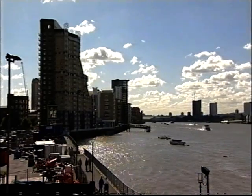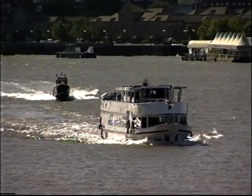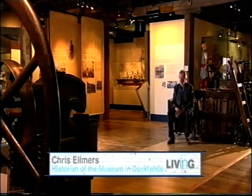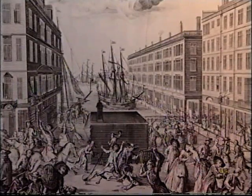But first, to get the background story behind London's famous East End, river port and people, a visit to the museum in Docklands at West India Quay is a good place to start. Docklands has its origins really in the overcrowded nature of the river port in the 1790s. London had been a port from Roman times, from about 60 AD, and is still the second largest port in the nation today. By 1800, sheer level of overcrowding, the volume of ships, the problems of theft and pilferage and